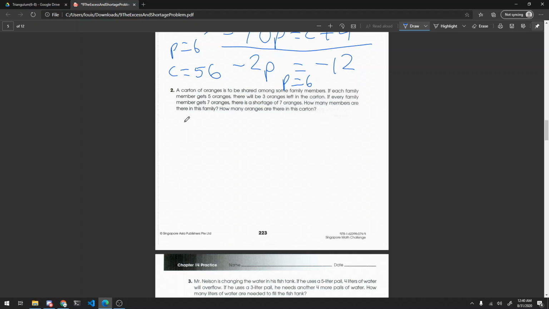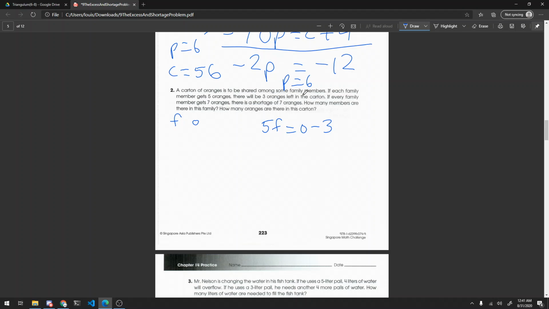So again, let's make some variables. F for the number of family members and O for the number of oranges. If each family member gets 5 oranges, so 5 times f, because that's 5 oranges for each family member, there will be 3 oranges left. So this will be 5f equals O minus 3, because 5 oranges is 3 less than the amount of oranges